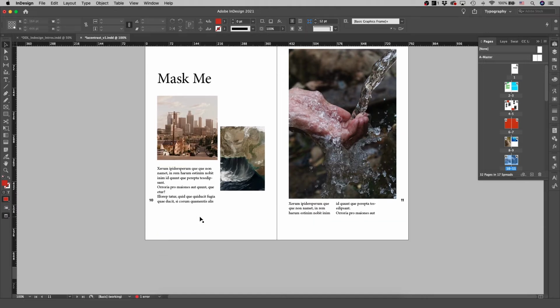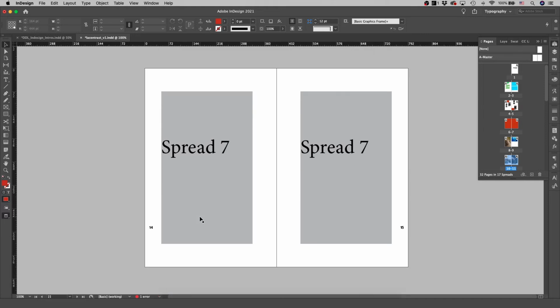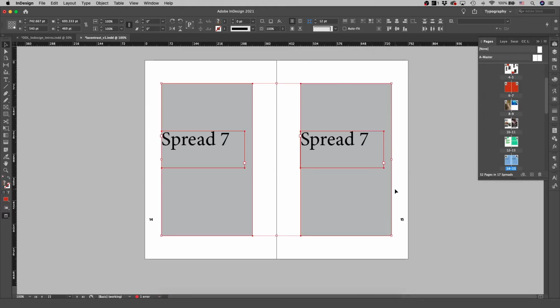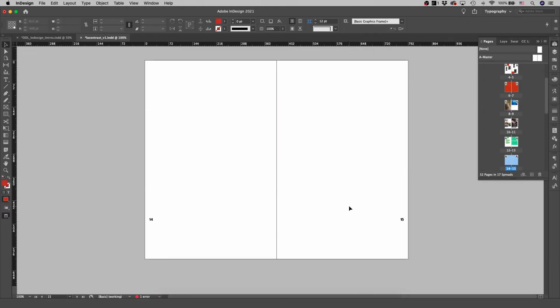Okay, so the next thing we're going to do is I'm actually going to go to a new spread, and I'm just going to take all of these elements off again. And this time we're actually going to open up our layers tab. So we haven't really talked about layers in InDesign yet. The same layers exist on every single page of the book. So for example, since we're in layer 2 right now,